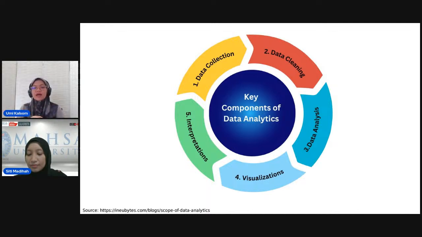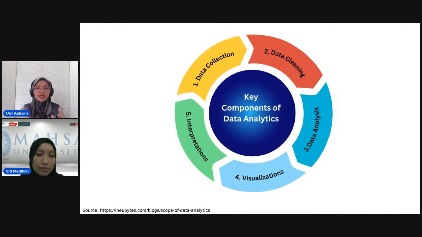Next, after we have data that is already clean, flat and suitable for analysis, we have the data analysis component. In this stage, maybe we will develop a machine learning model, or analyze using a statistical formula, to find out what actually happened in that data. And finally, we visualize the data using BI tools to see the pattern and the trend, or maybe to present it to the user